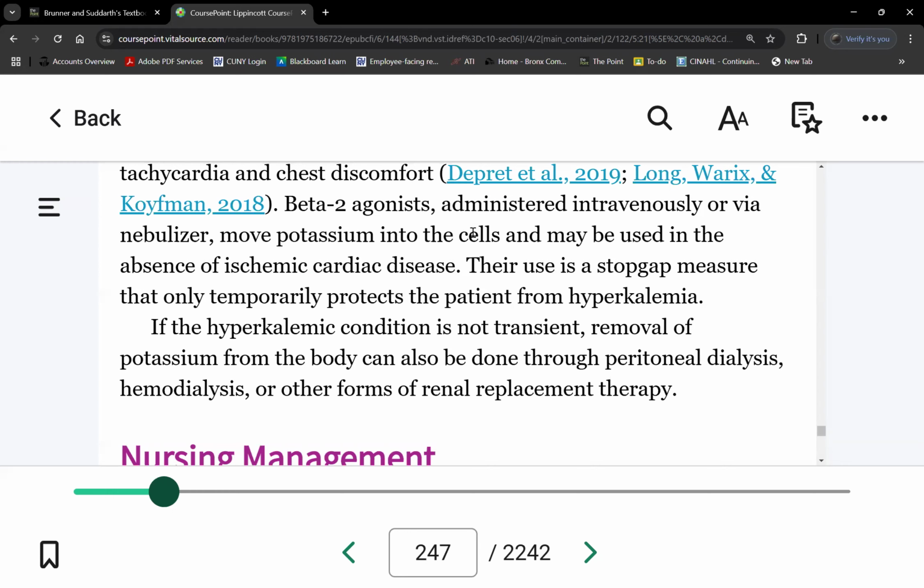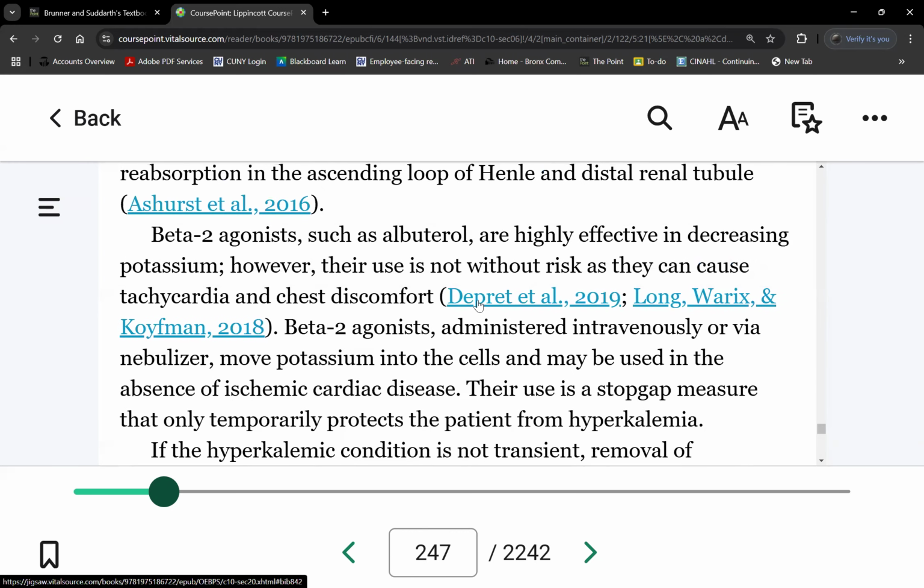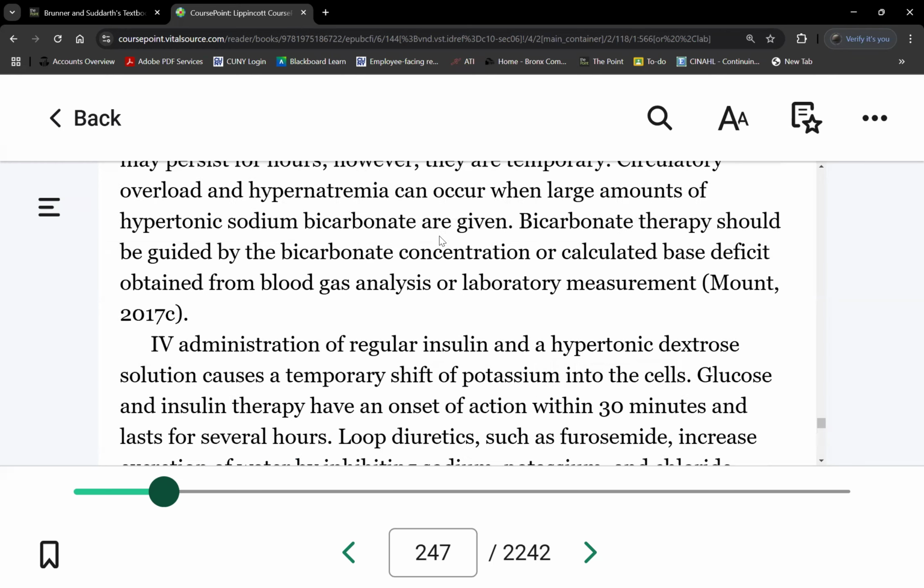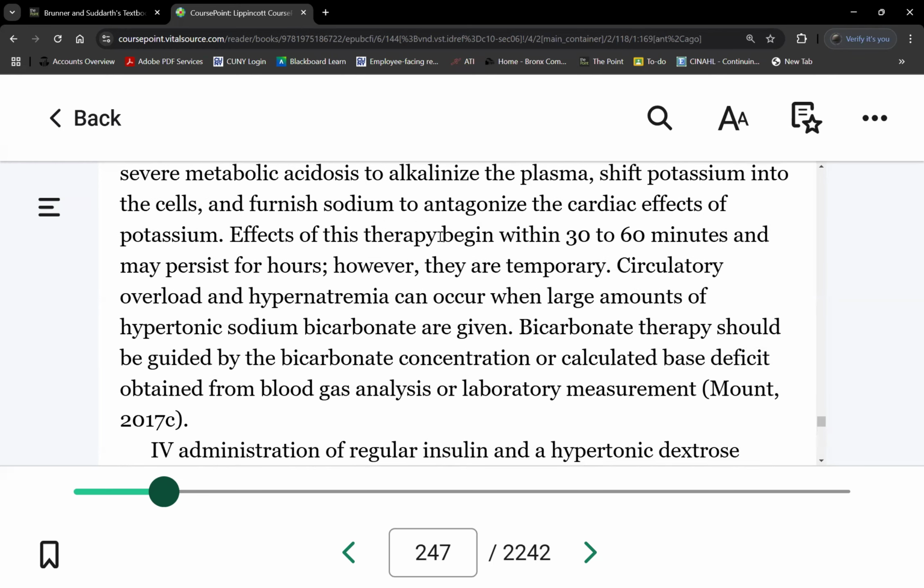Sometimes they'll order albuterol, but not all hospitals carry the IV albuterol, so all they order is the nebulizer. You can give it by nebulizer, but it doesn't have as strong effects as the other three. So most of the time you'll see the calcium gluconate. Let's say all of them are ordered: SPS or patiromer, and then calcium gluconate or calcium chloride, and then regular insulin with dextrose, and